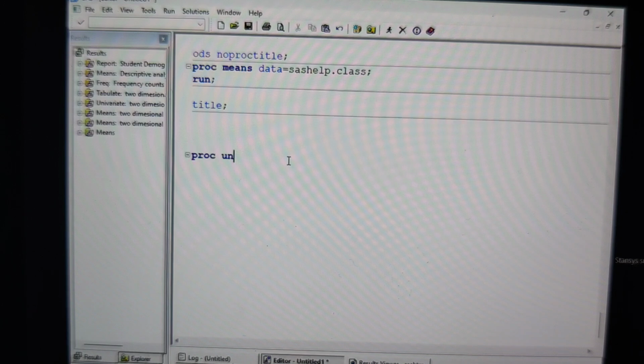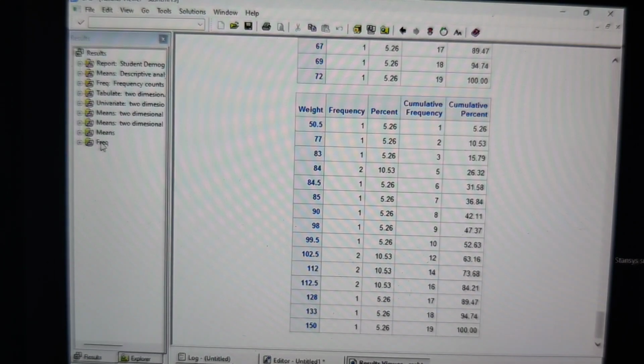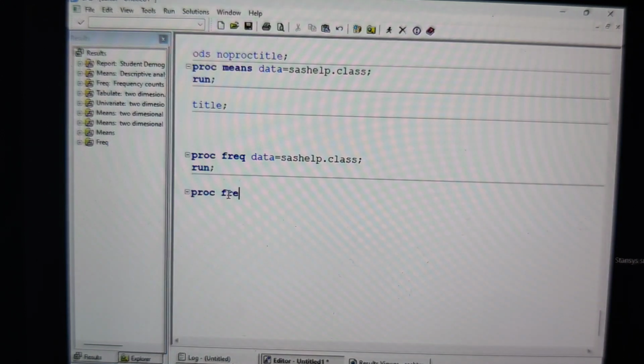Now, I'm ready. PROC FREQ data equals sashelp.class. I'm going to get the frequency result like this. But can you see in the results window, what is the title I'm getting? Frequency. You know, after some time, I'm getting, say, for example, PROC FREQ